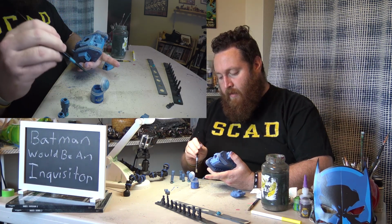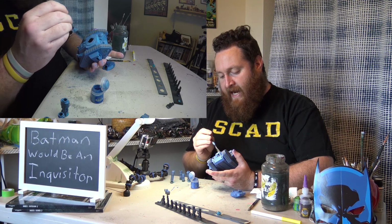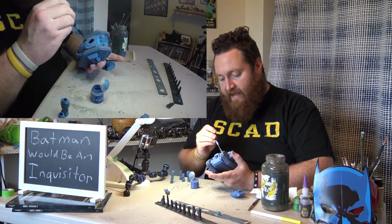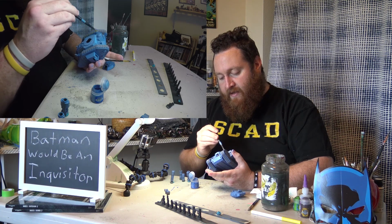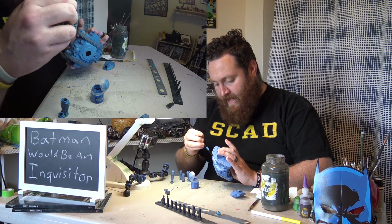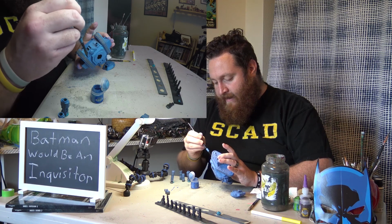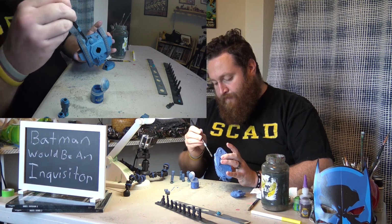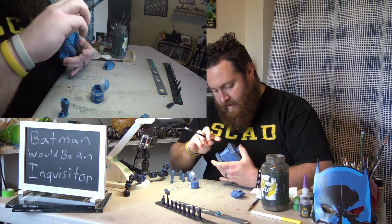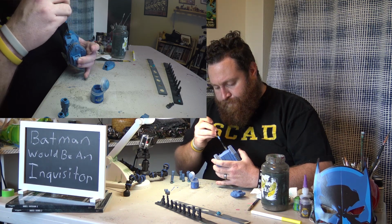So if you can start throwing mortal wounds onto characters from a distance, you're really going to start upsetting their tactics. So if you come up against an army that relies a lot on those character buffs, concentrate on those characters, take them down, so that the rest of the army doesn't operate the way your opponent wants it to operate. Because if it's not operating the way your opponent wants it to, they're instantly at a disadvantage from their game plan, and that gives you an advantage in the game. So I highly recommend rolling with some pretty strong and really cool